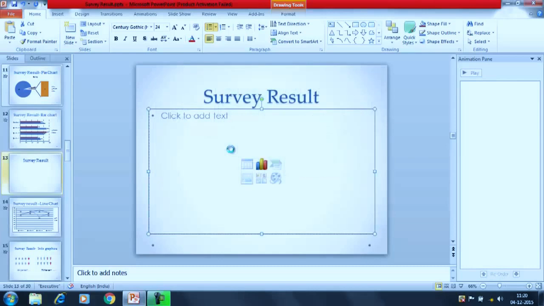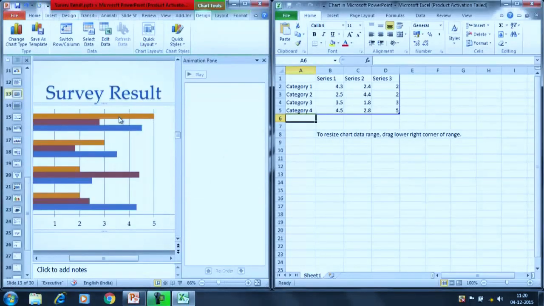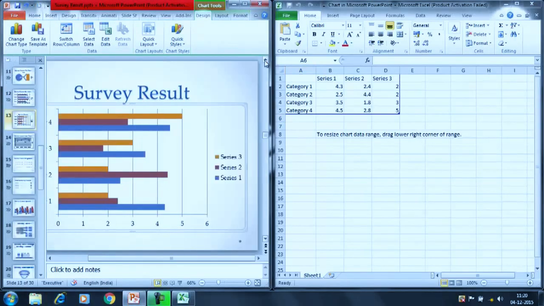We have selected this option. Now this is the bar chart we have got. Now we don't want the 3 categories, the 3 series here, we just want 2 series. So you can adjust the pointer in the Excel file.